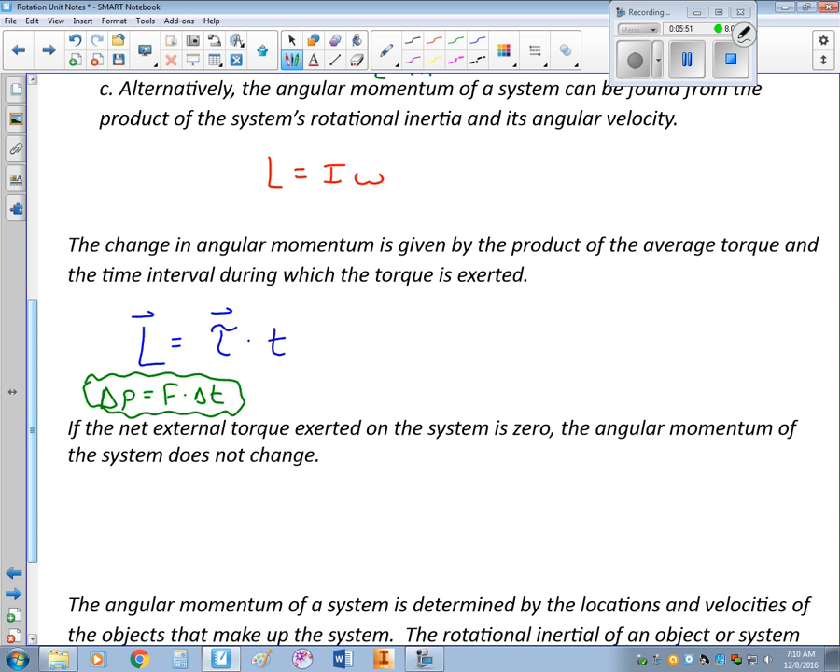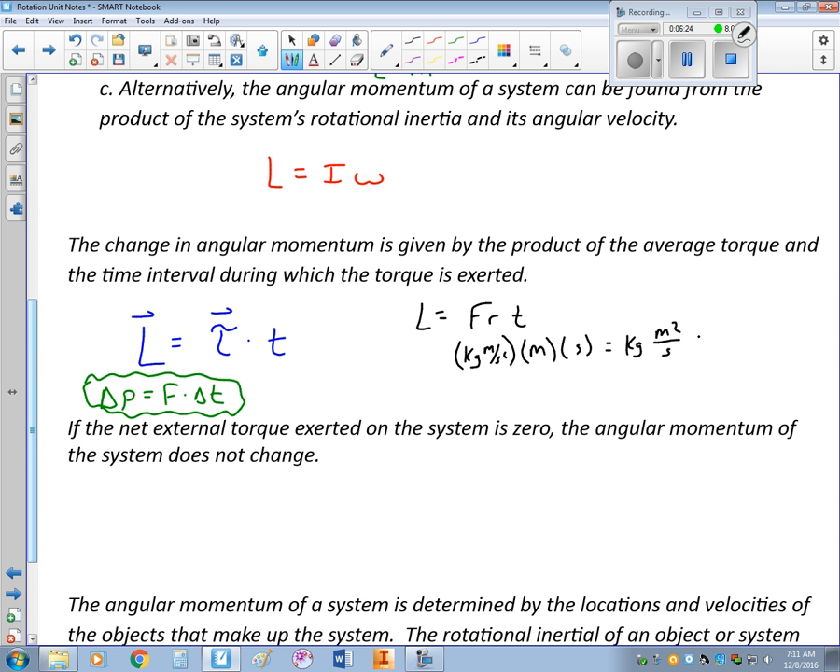As far as units go, torque is a force times a lever arm distance. So the units: force is a kilogram meter per second squared. Lever arm distance is measured in meters. Time is measured in seconds. So this gives us a kilogram meters squared per second,